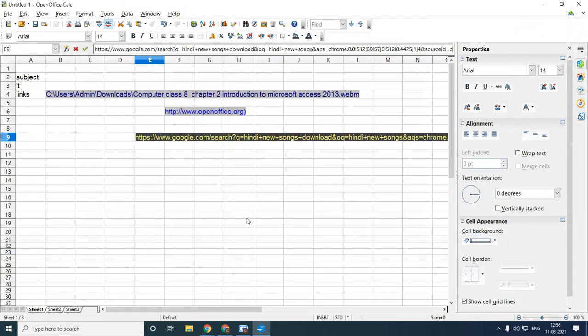Then Apply and Close, and you will go directly to that link, where you can see the Hindi songs and all. This is how to insert a link from the internet. These both things you understood.